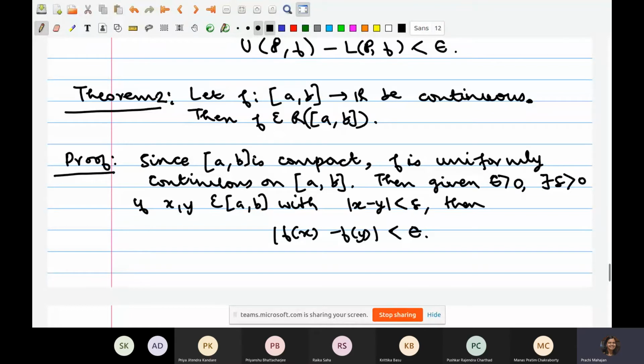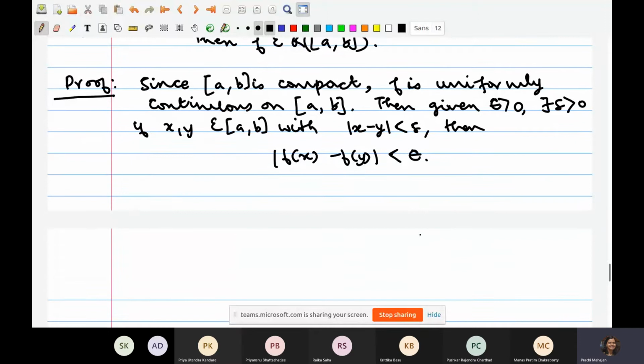Now we will use this information to construct a partition of the interval AB. So choose P. What is a partition of the interval AB? It's a finite bunch of points. Choose P, a partition of the interval AB,